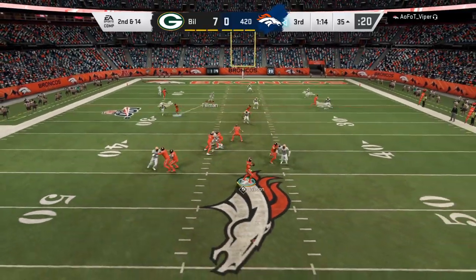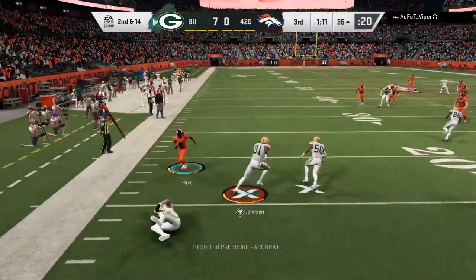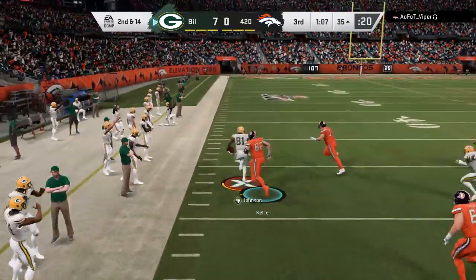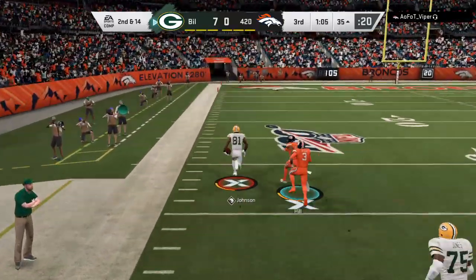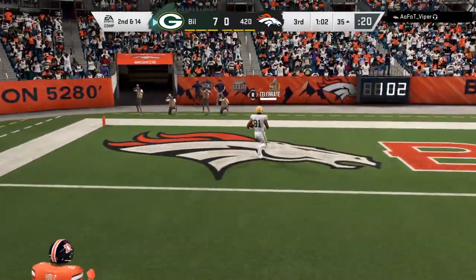Here's Wilson to throw. And Wilson's going to be intercepted a 3rd time. Picked off at the 14. It's a foot race. 20, 10, and into the end